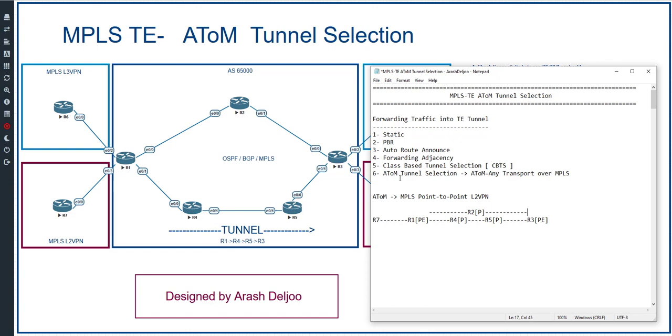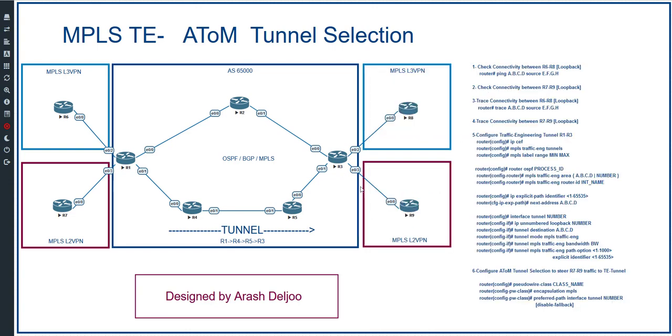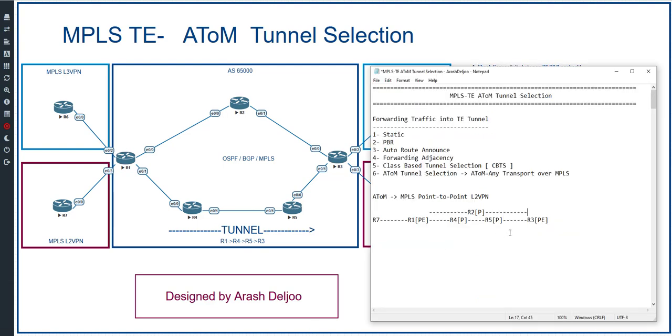After that, R3 is connected to R9, and also R7 and R9 are CE routers, meaning customer edge routers. This is the first CE, and here we have another CE. And if you are configuring the layer 2 VPN for the bottom customer,